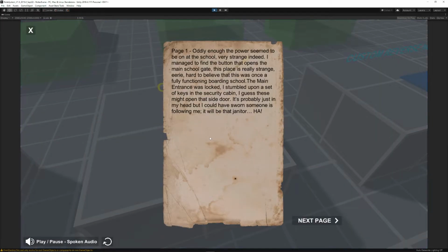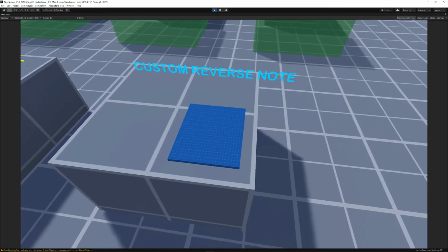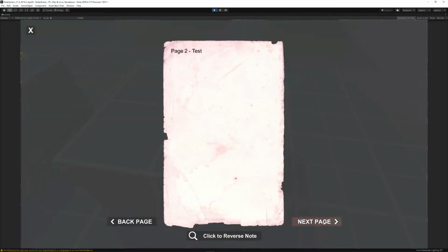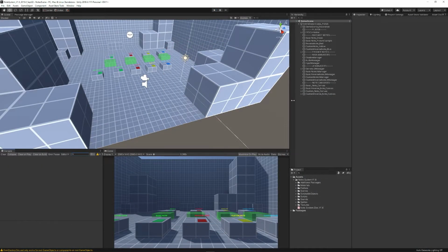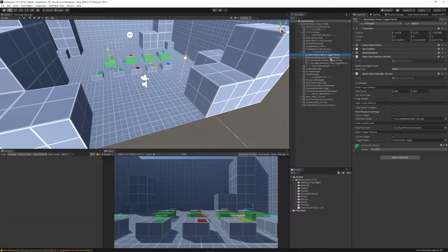You have the custom, which is you can specifically set a background and then fill the text in here however you want that to be displayed. You can see that it switches to page 1, 2, 3, and it has the same settings, so you can play an audio clip or you can reverse it. You can press the X, and then you have also custom reverse, which is the same as the others, but you can set the custom text in here and the pop out, which share the exact same things and have different settings for each. This does have a bunch for trigger events, so you can do that on a trigger